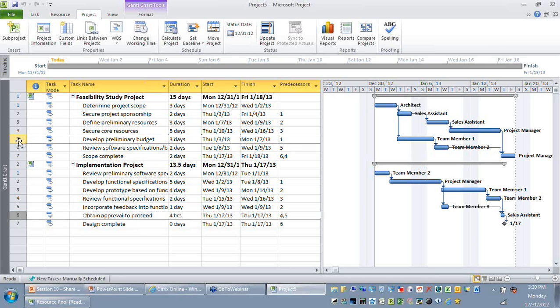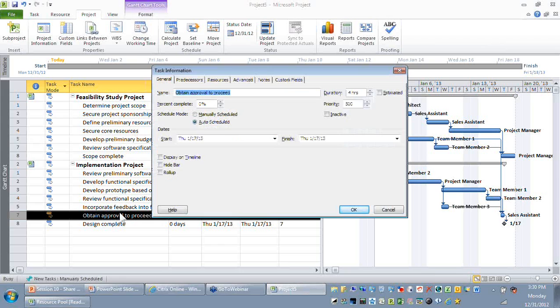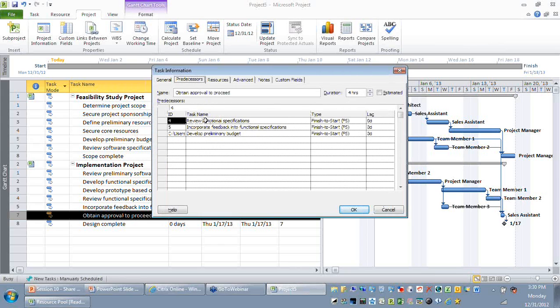So you can select row number 5 and just drag it and drop it on top of my budget approval. You can see that a link automatically appears that connects these two activities. You can also observe for row number 7, the predecessor now has 3 activities. The 4 and 5 refer to within the implementation project, whereas the last one is coming from a different project. You can see that it comes from a different file.